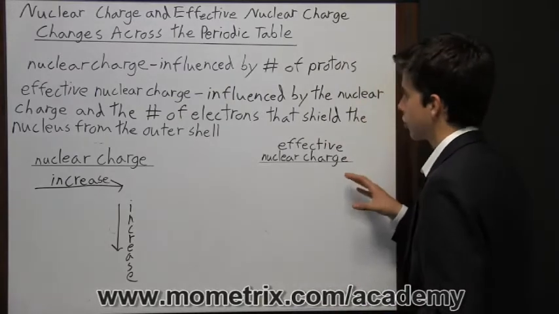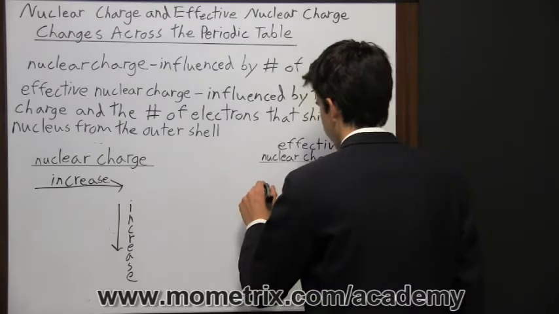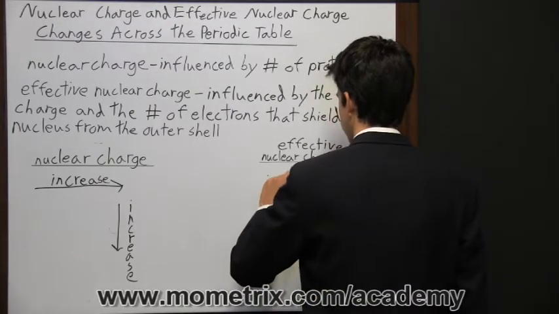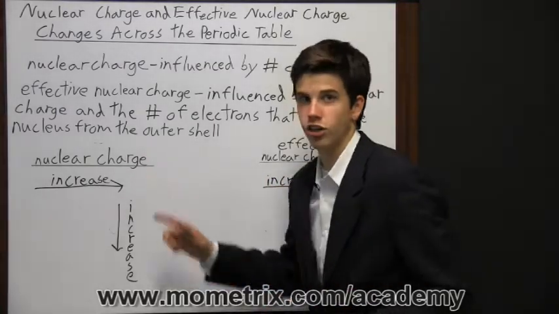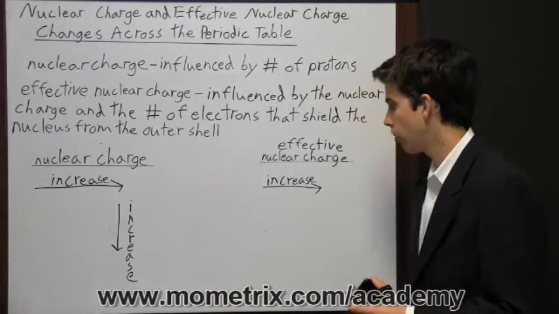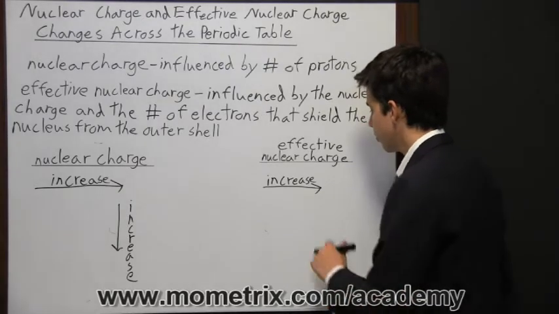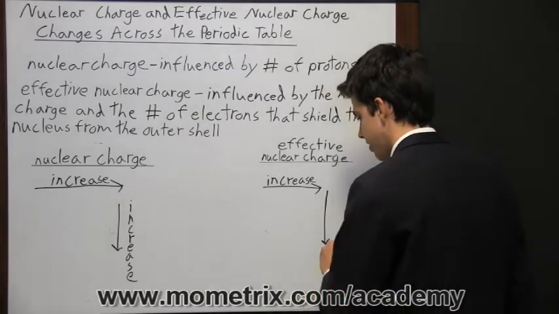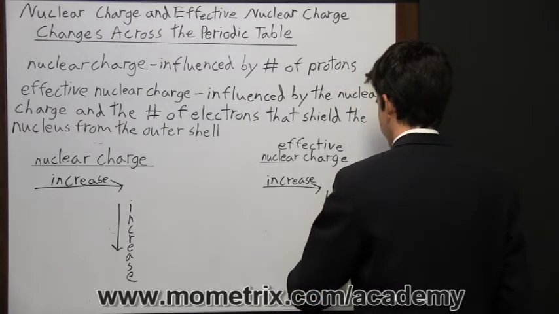Now, the effective nuclear charge, like we said, first takes into account the nuclear charge. And so as you move to the right, the effective nuclear charge is still going to increase, because as you move to the right of a period or a row, the nuclear charge is increasing, but the shielding is staying constant. So overall, the nuclear charge is increasing. Now, when you go down a column or down a group of the periodic table, the effective nuclear charge is decreasing,